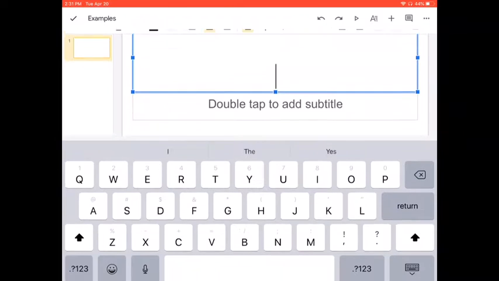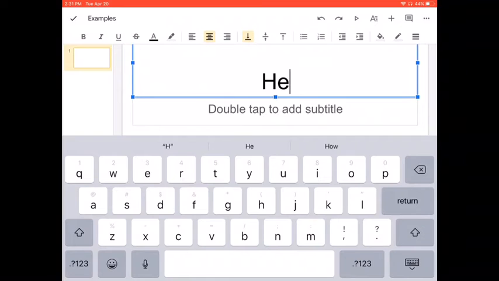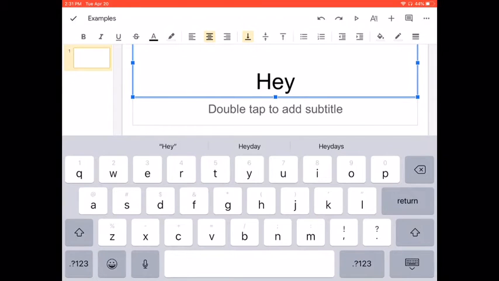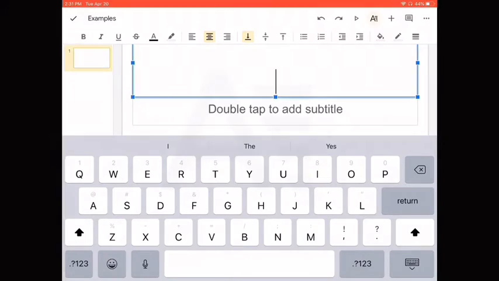First, you can type what you're going to write. I'm going to say hey because that's the simplest thing. Next, you can go to the top, and then you can press the A with the 4 lines next to it, which looks like this. Once you press that,